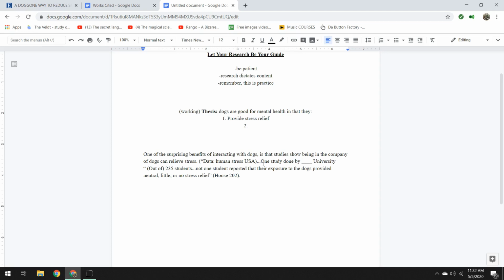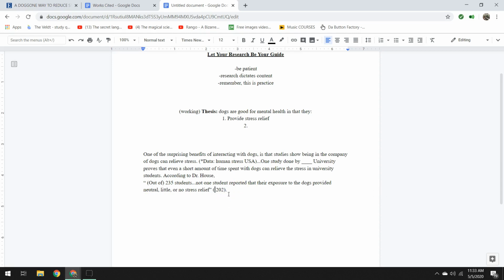One study done by Blank University proves that even a short amount of time spent with dogs can relieve the stress in university students, right? And I could say, according to Dr. House,